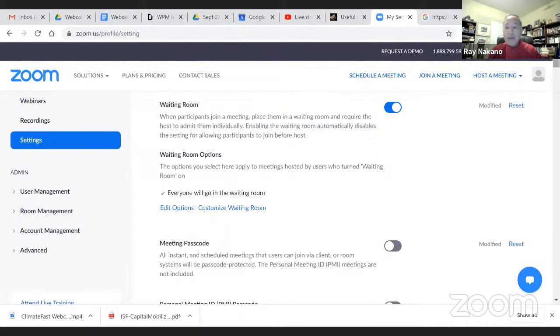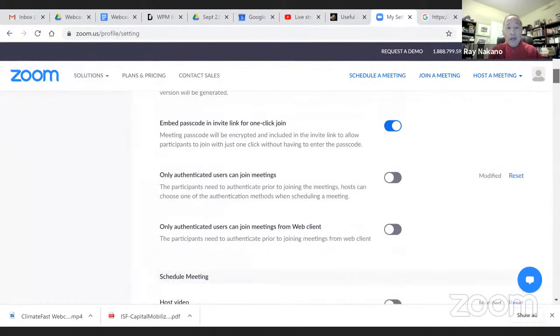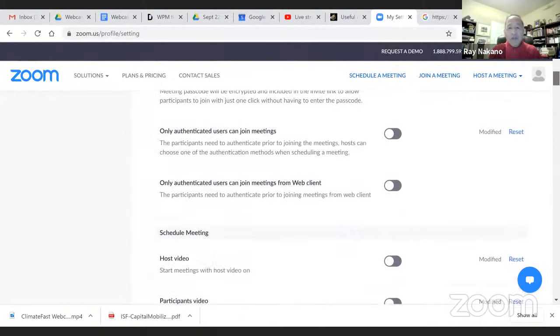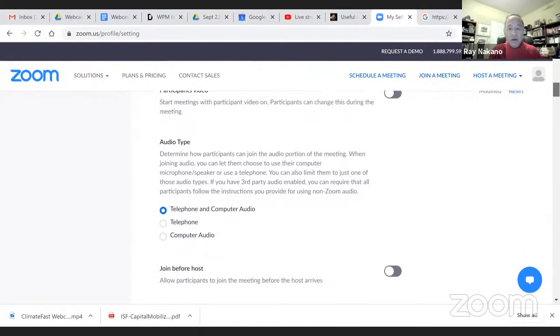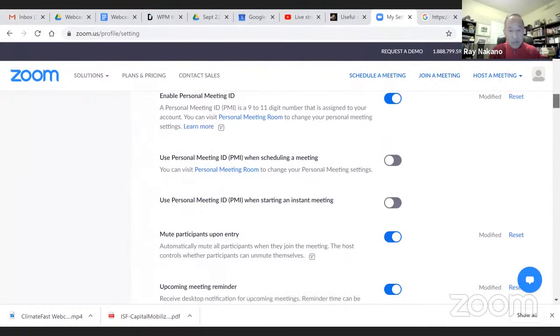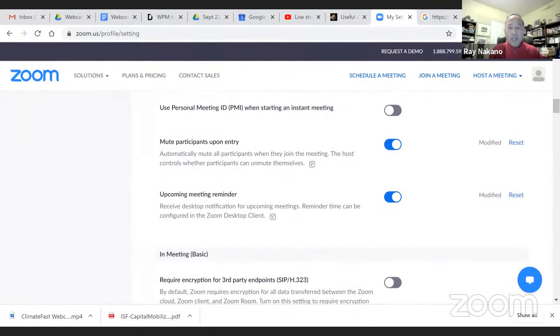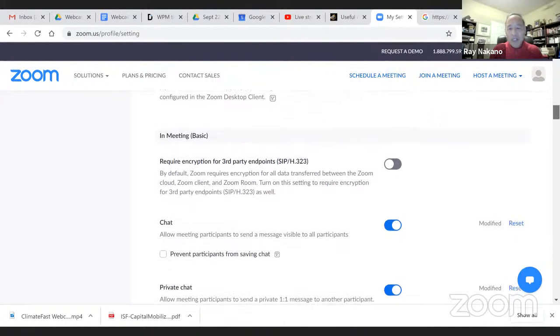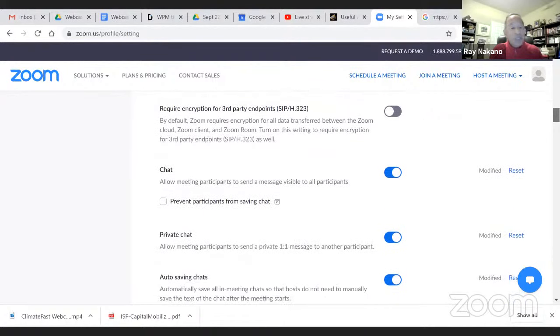Okay. So waiting room, embed passcode. I think I've pretty much noted all the ones that I've set, so there's not really too much to say if you just look through it. But I tried to be very specific about what options you should have turned on. I wasn't so concerned about the other ones that can go either way. It's not really that critical, but the ones that definitely should be turned on are the ones that I've indicated in my checklist. So definitely chat.